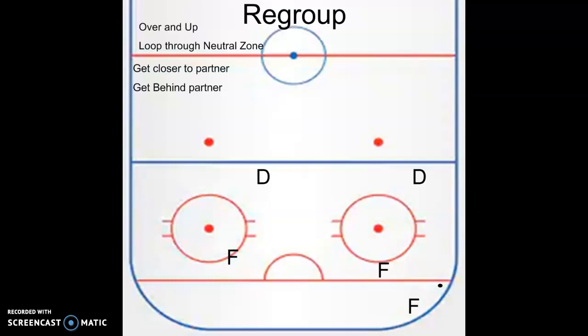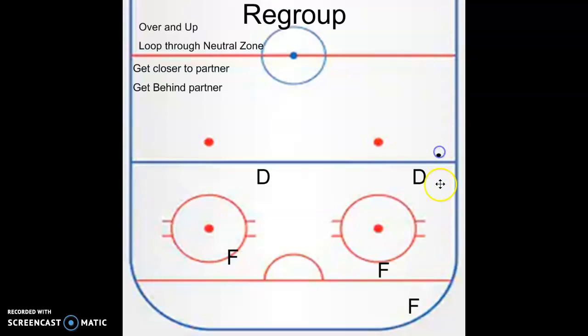This video is on regrouping. To understand when and what a regroup is, a regroup happens when we're in our offensive zone. So the 2 D and the 3 forwards are us, and we're trying to score on this net on the bottom of the screen. When we need to regroup, it means the other team has moved the puck out of our